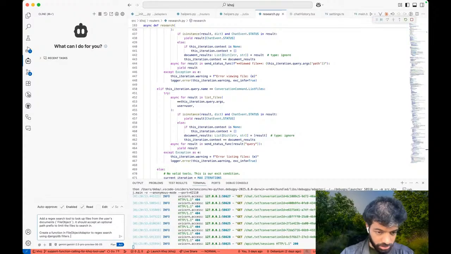Basically, we don't want to do the regex search in memory. We want to push down the filter to the DB itself to do the regex search, and that'll just be much more efficient for larger knowledge bases. And I have to create a function regex search.